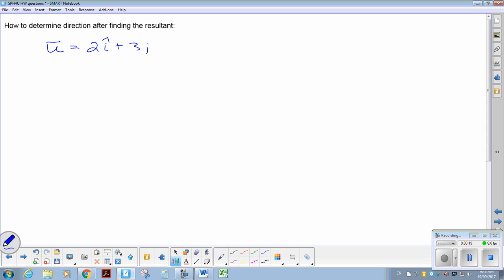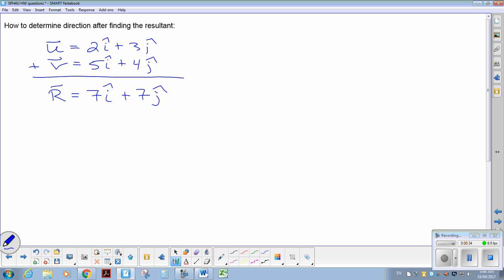2i plus 3j plus another vector, 5i plus 4j. Do your stacked addition. So we end up with 7i plus 7j. All right, so do your magnitude, so on and so forth. So the magnitude of your resultant in this case is 7 squared plus 7 squared, 49 and 49, so root 98. The angle,